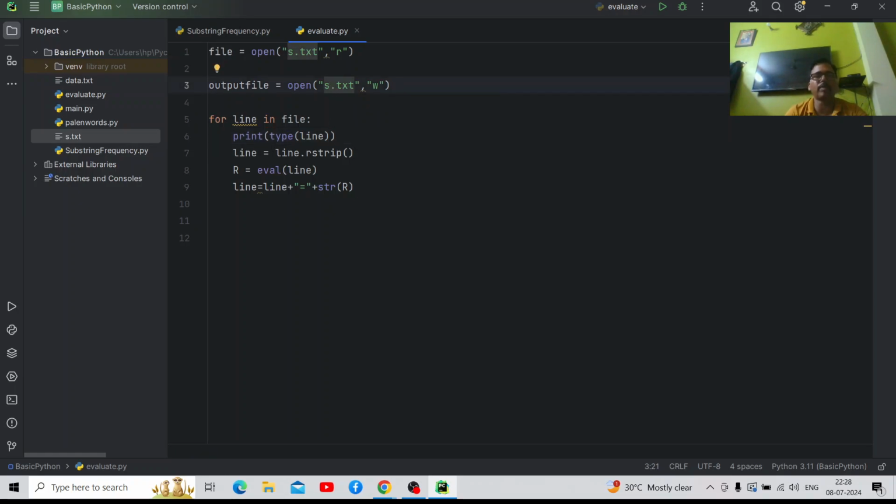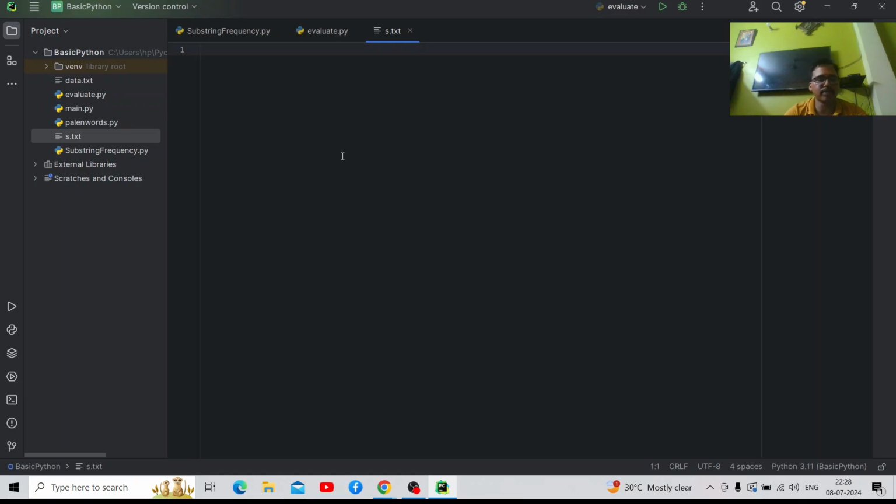The problem is ये आपकी s overwrite हो गई शायद. Just a minute, it is now blank. Yes, 12 plus 678, and here it is 123 plus 673, and here it is 2 raised to the power 7. These are the three expressions, suppose.